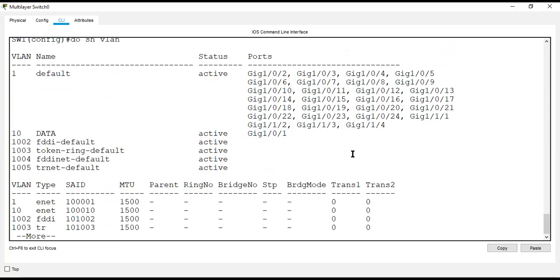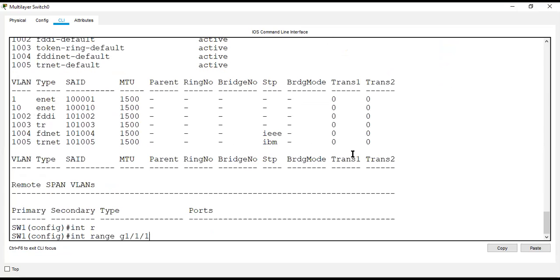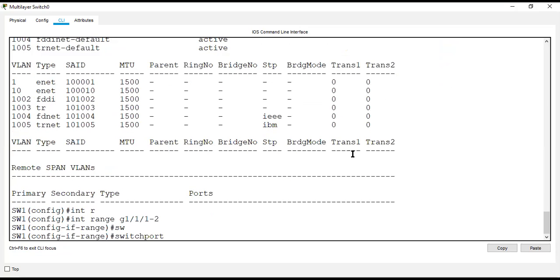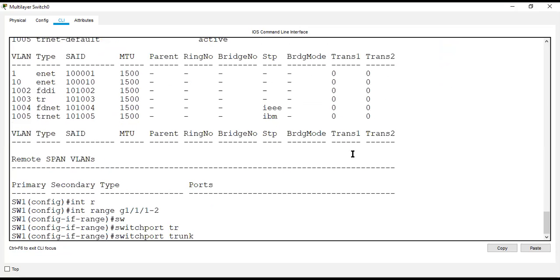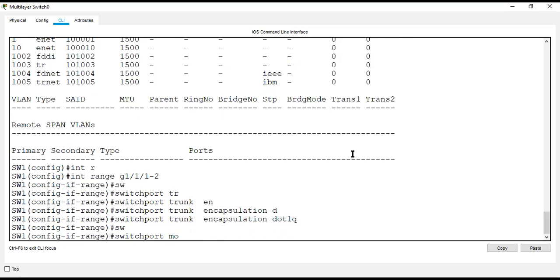Now we need to configure the trunk interface. The range command will help us to add multiple interfaces, 1 to 2. This is our uplink port. Switchport trunk encapsulation dot1q, switchport mode trunk.